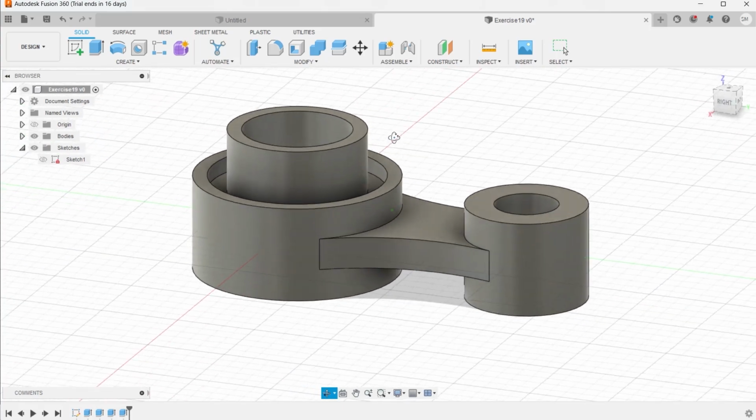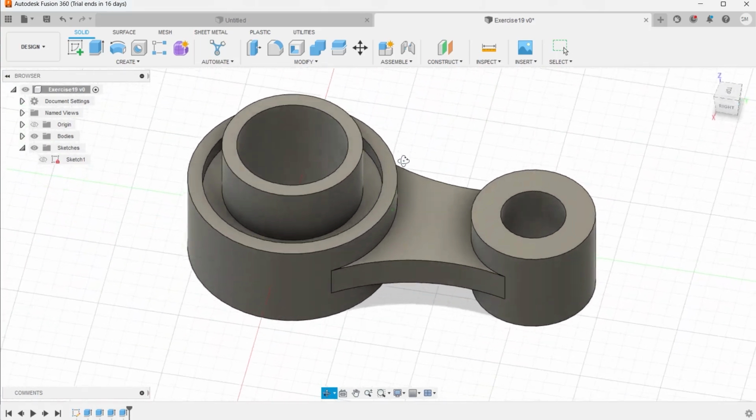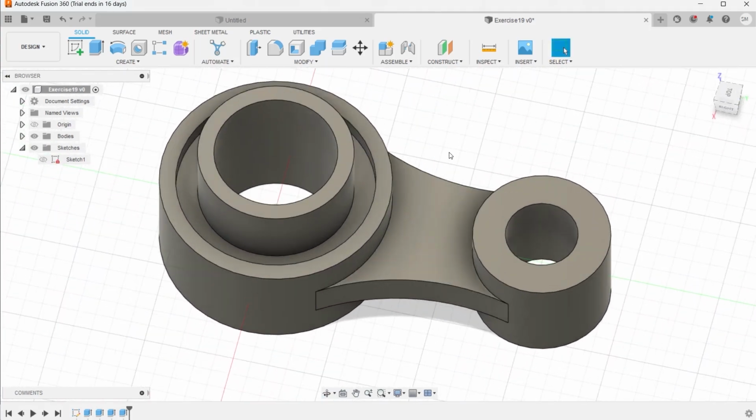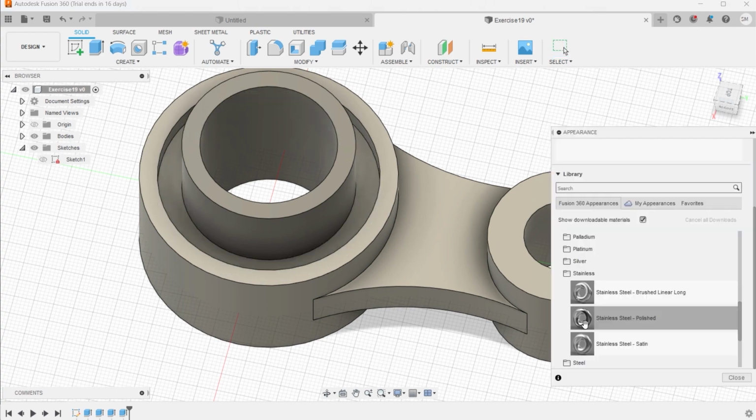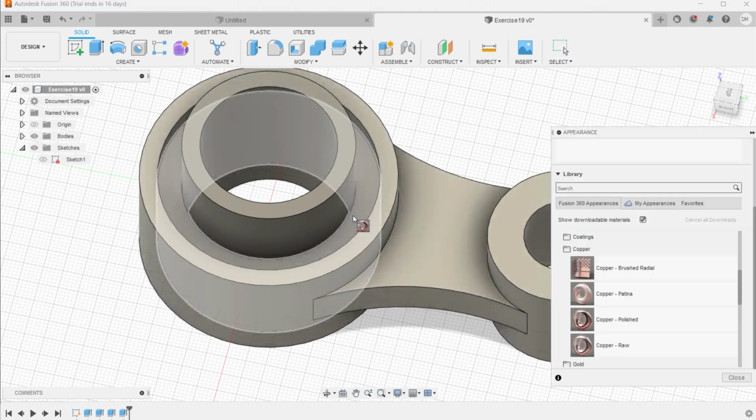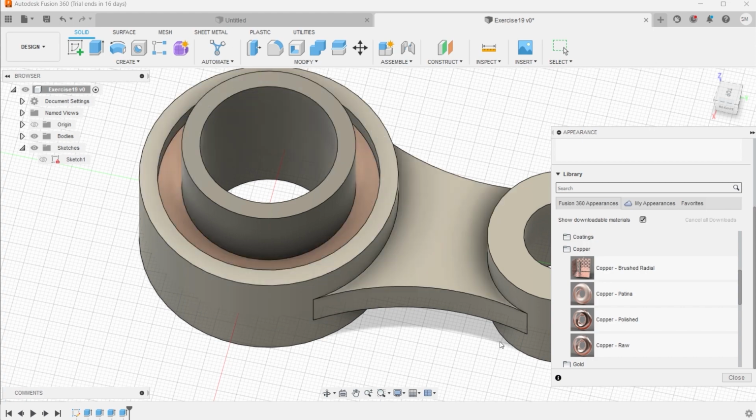So we can color accordingly, we can provide different appearances to this material, right? So for appearance, let us hit A, and we are providing a metallic appearance to this one. Let's consider this one to be stainless steel satin. Okay, and this inner part, let us make this one to be made up of polished copper. This intermediate portion is made up of polished copper,